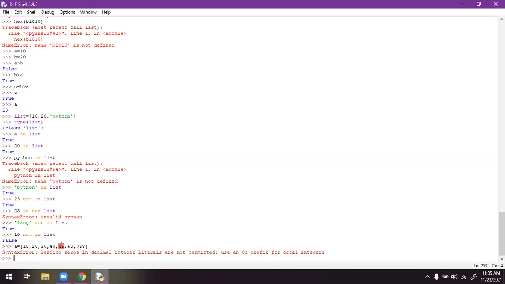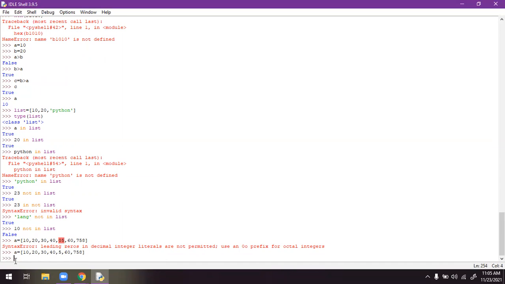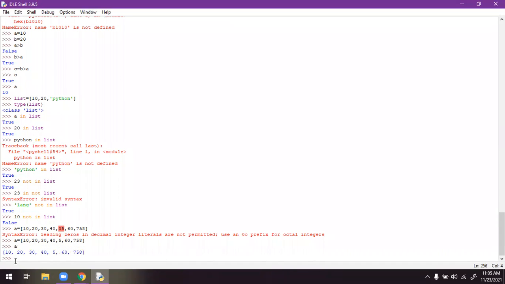It's showing that 05 is not permitted, because it will be considered as an octal number, which it will not take. So what I have to do is copy this, paste it, and remove that 0. Now if I hit enter and check the value of a, I will get the list values.